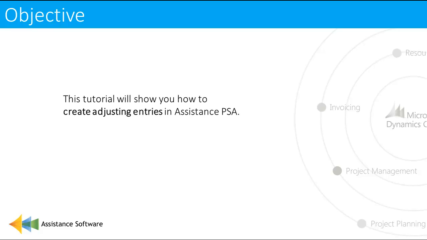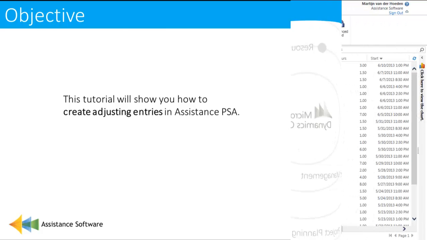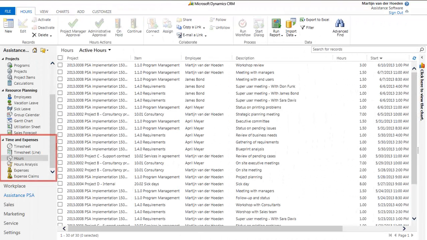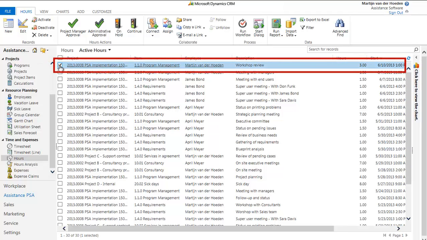This tutorial will show you how to create adjusting entries in Assistance PSA. Navigate to the Time and Expenses module of Assistance PSA and go to Hours. You need to change the project item of this entry, but because it is already approved, you can't make the